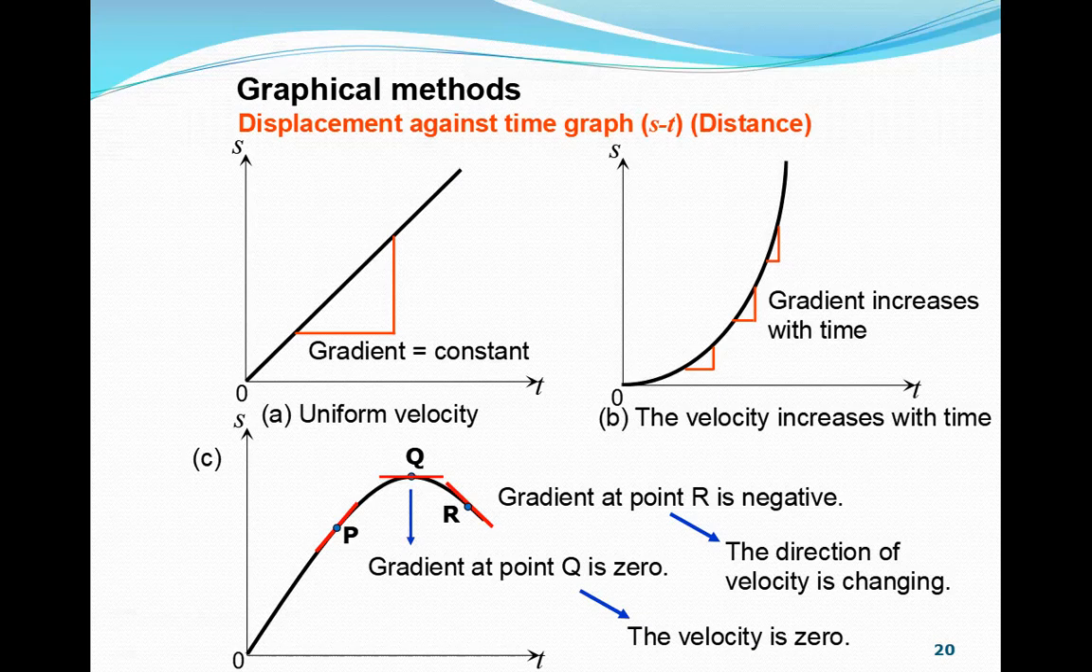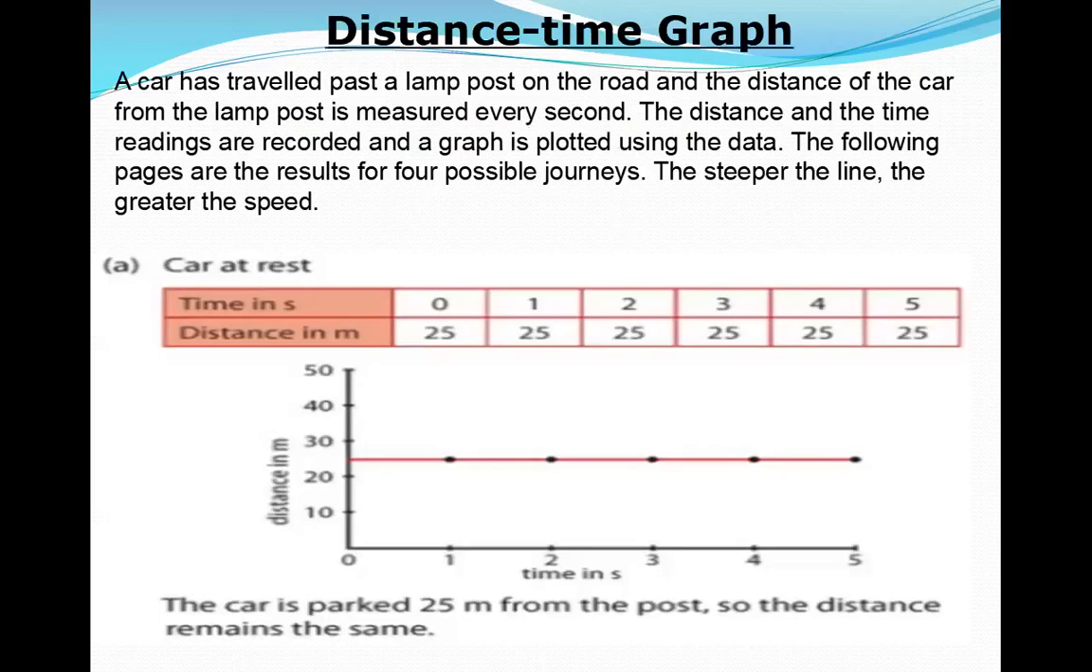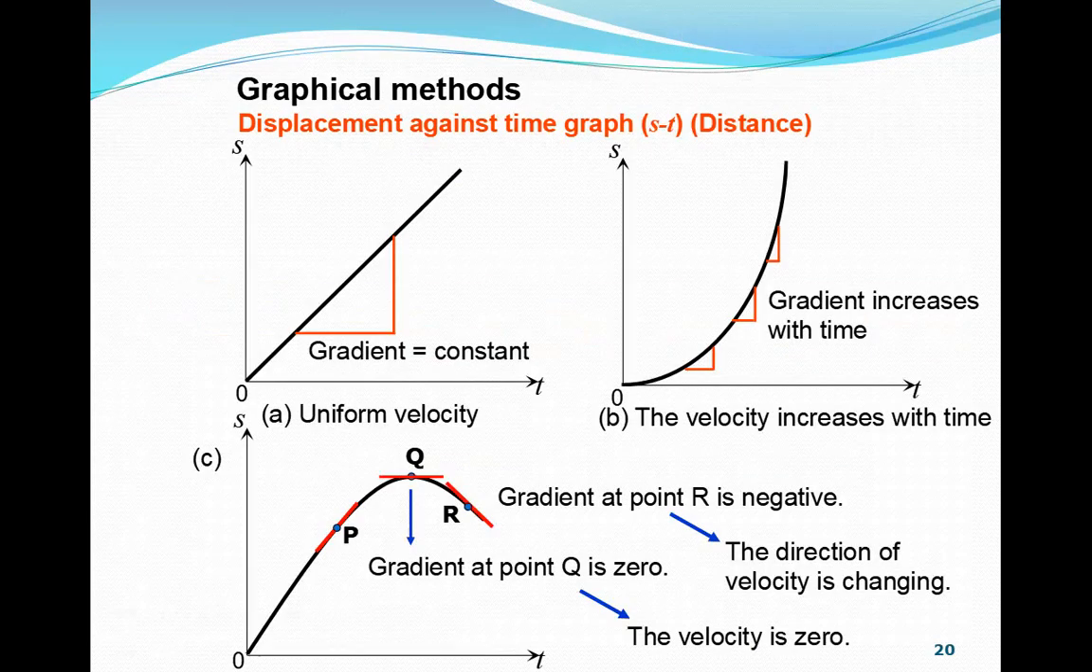If I want to calculate at P, then what happens at P? Rise over run. At P, the gradient is positive. If the gradient is positive, it means the direction of the velocity is positive and the velocity is increasing. Okay. Now,